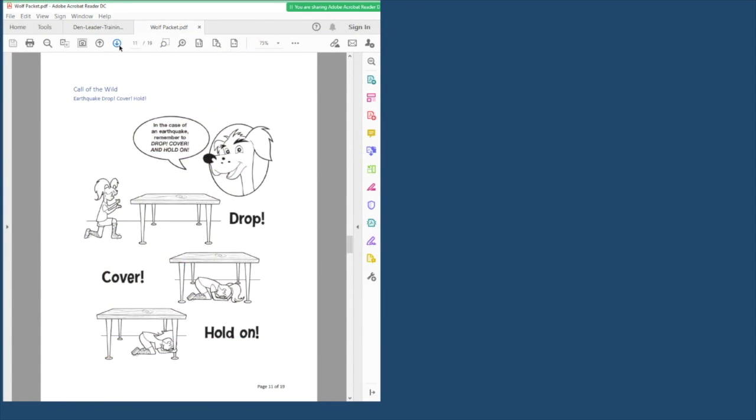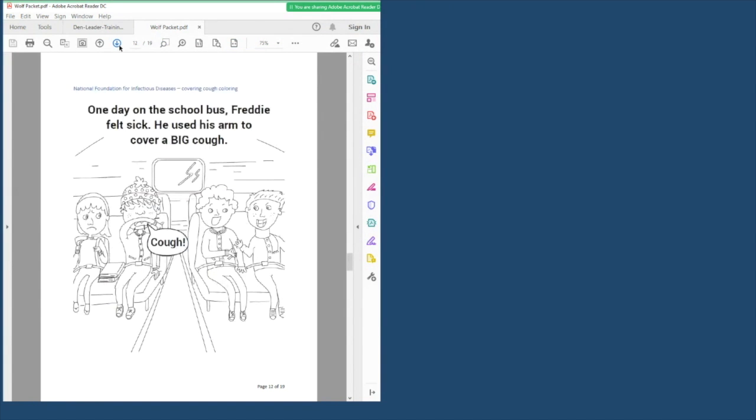Coloring sheet for earthquake preparedness. Appropriate here. You got to make sure to cover that cough. Basic disaster supply kits,